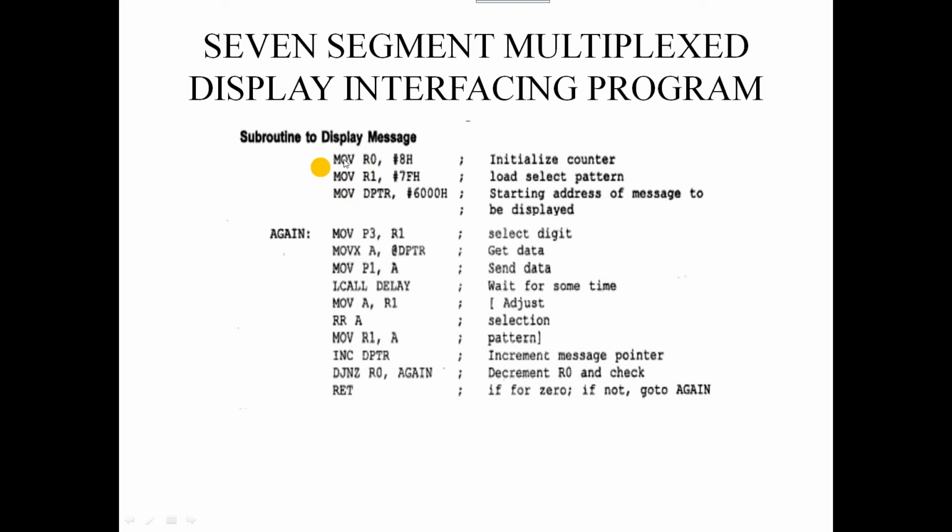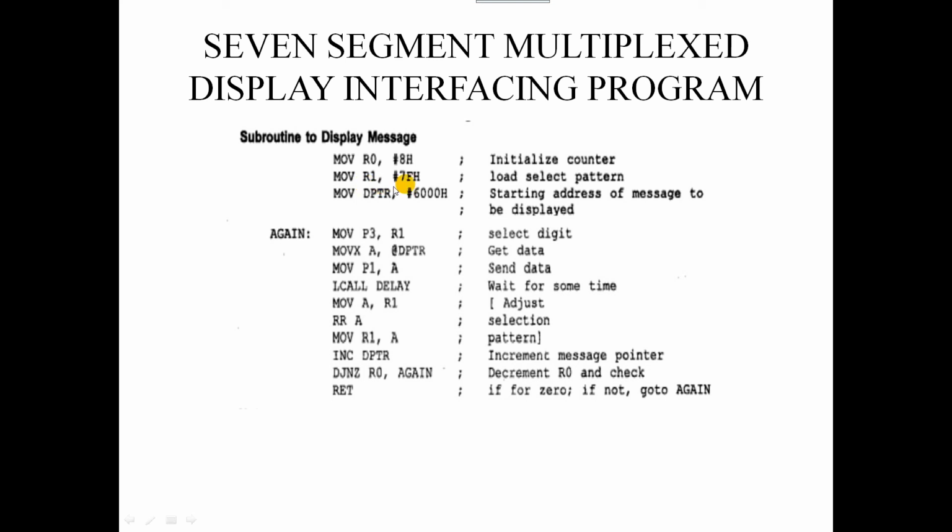So here as a program, first we are going to initialize the counter. So the counter has been given with a number of 8. So this 8 is going to be given as a benchmark number, since we are having 8 7 segment displays. So that's why we are having 8 here. So here 7F has been given. So if it is going to be 7F, then 0 1 1 1 and 1 1 1 1 will be the binary replacement of this particular hexadecimal number.